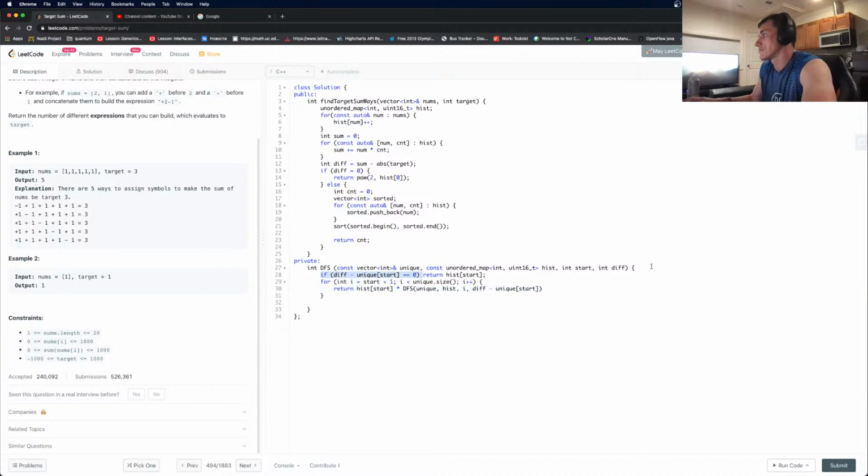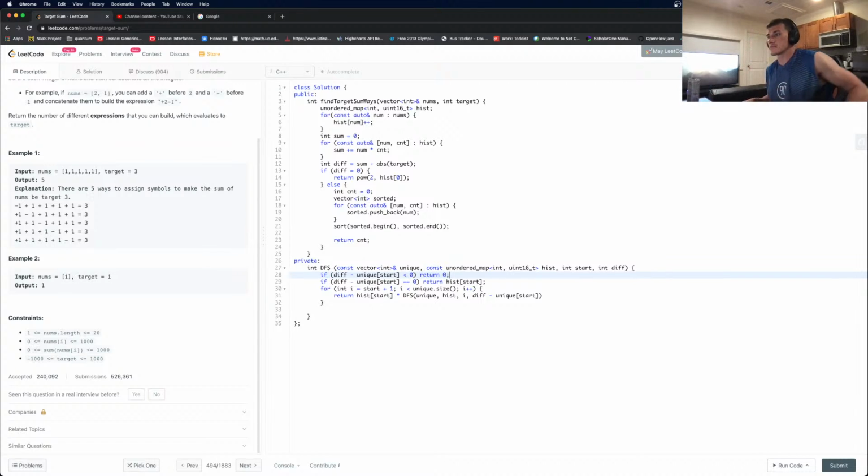Okay. So if diff minus unique start less than 0, return 0. So then it cancels out the entire path to this one. Alright, if it's 0, then return hist, and then you return the valid path, which will be the combinations of the elements from the hist to this guy. So let's return to the whiteboard quickly. We're sort of running out of time, but basically what's left here is